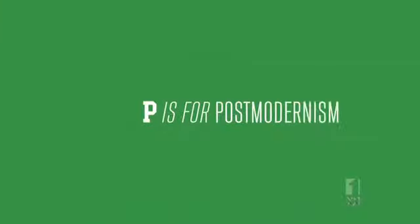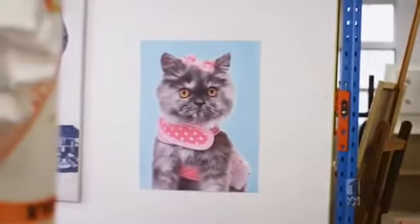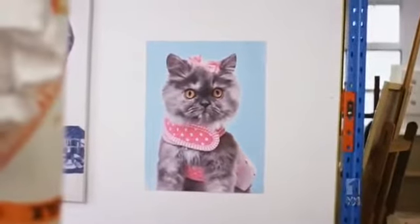P is for postmodernism, which is different from the postmodern and postmodernity. Postmodern is a period from roughly 1970 to sometime in the 1990s, and postmodernity is what the experts call the condition of the contemporary. Now, postmodernism is essentially the theories of post-structuralism, which argue that...